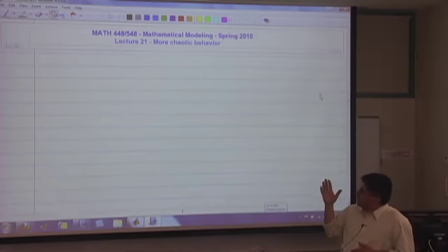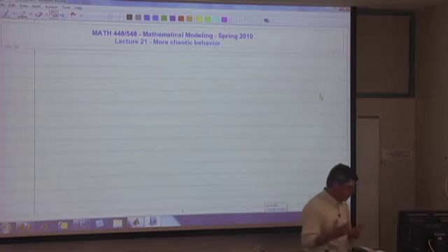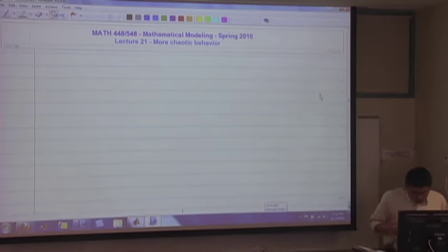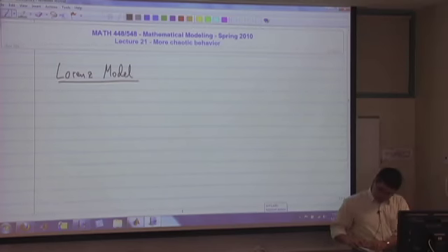With this, I want to emphasize that in all these models there's nothing probabilistic. These models ignore anything that's random. Okay? So even in this Lorenz model for, let's say, weather prediction or weather